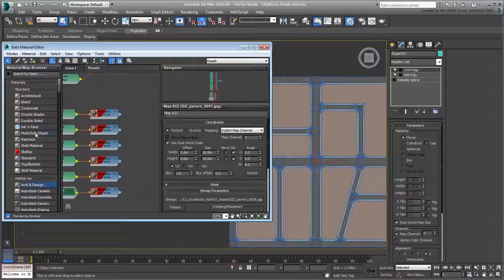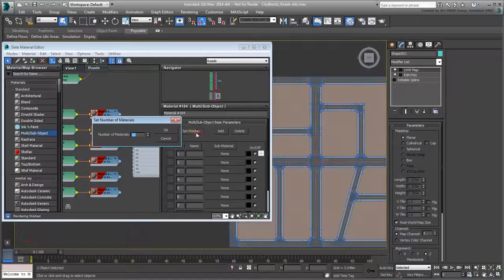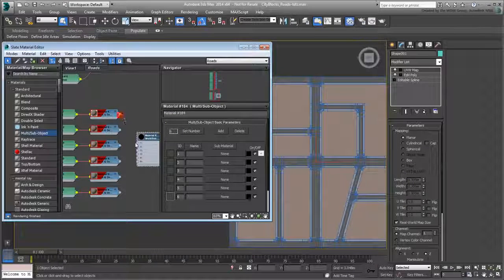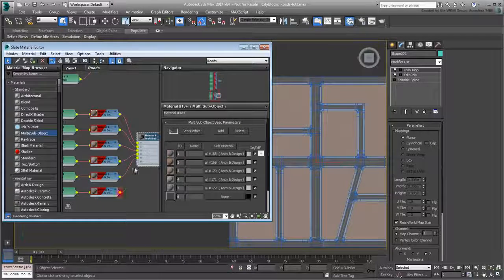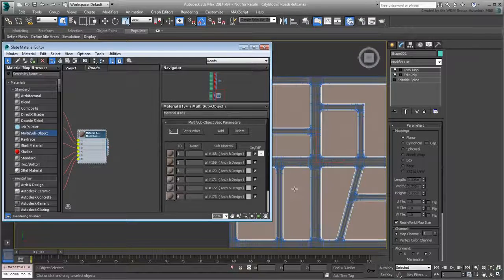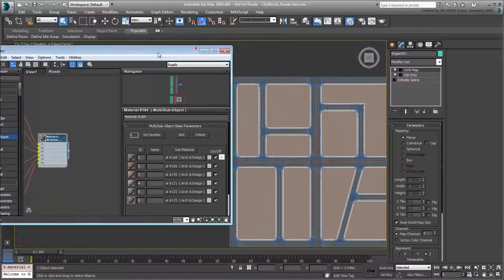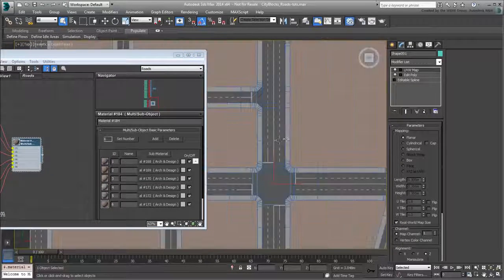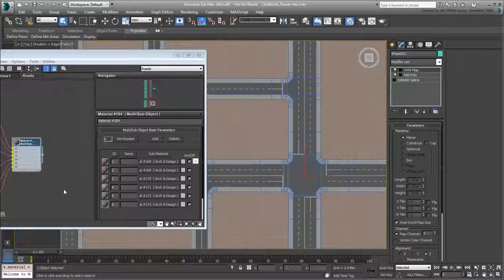Now add a multi-sub-object material to the mix and set it to have 6 sub-materials. Connect the paving stones materials to the multi-sub-object node. Finally, apply the top-level multi-sub node to the object in the scene, and then dismiss or move the Material Editor window. It does not appear to make a difference yet, but that's because all polygons are uniformly set to face